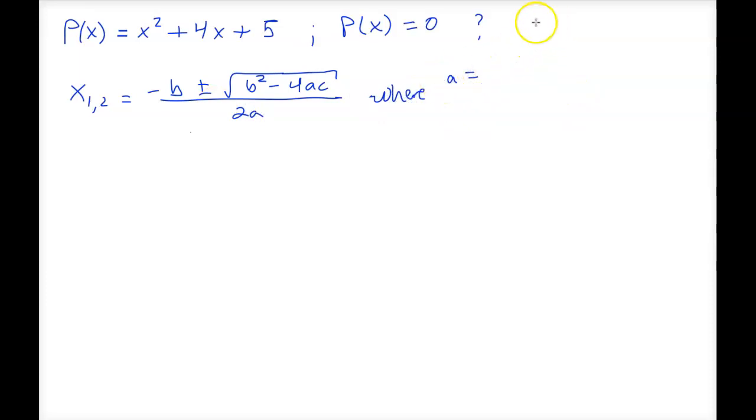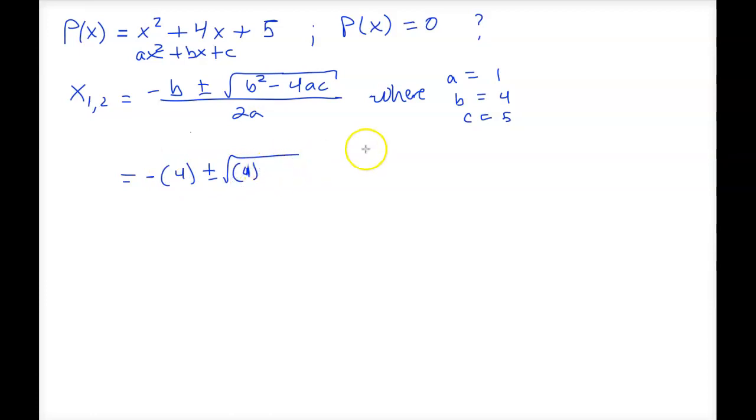So in this case, we're following the profile of ax squared plus bx plus c. So that means a has to be 1, b has to be 4, and c has to be 5. And we literally just plug and play at this point. So we got the negative b plus or minus